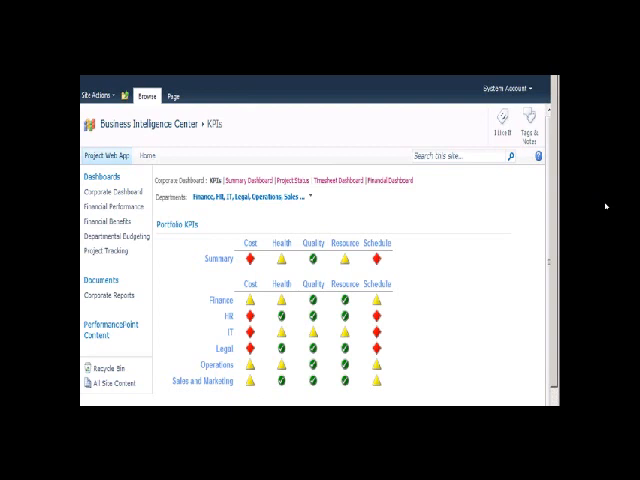we see a summary of cost indicators, health indicators, quality, resource, and schedule. What's happened is we've got some mathematical equations, some tolerances, some formulas that have been created to tell us what the definition of red, yellow, green is, and what the definition of a green checkbox is, for example. So the summary indicators are really derived from the calculations of the information down below. So we see finance, HR, IT, legal, operations, sales, and marketing, and